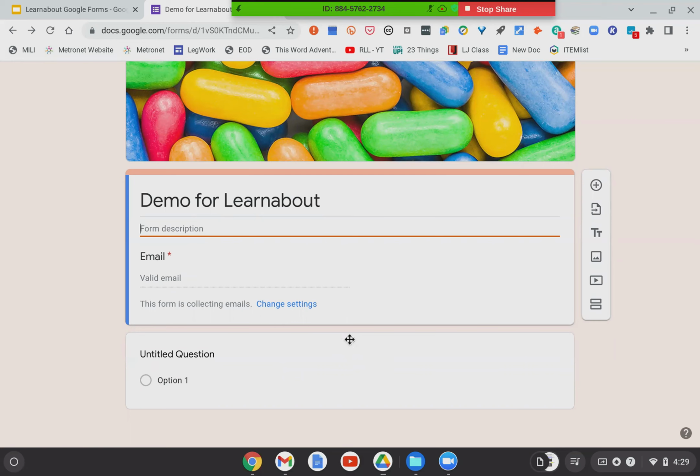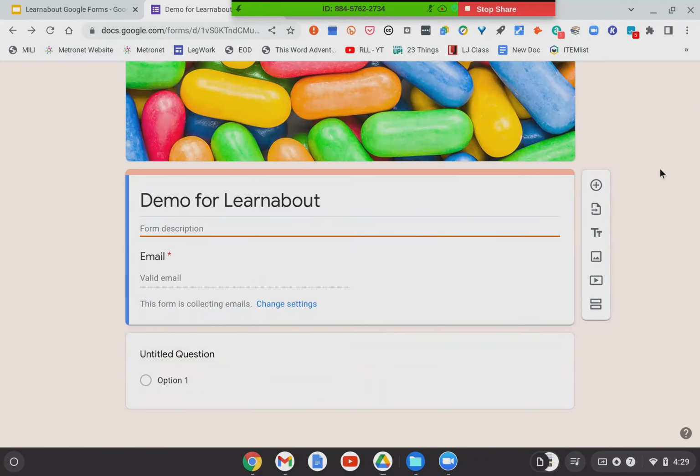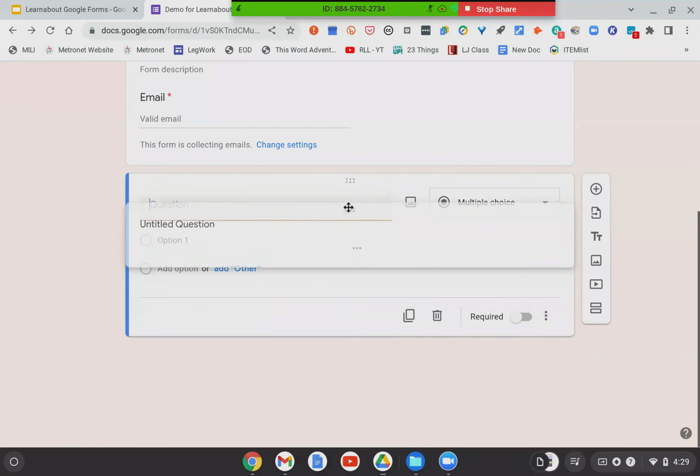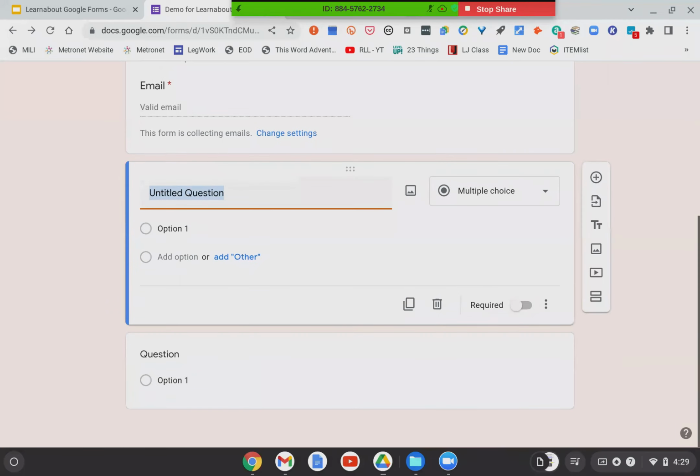Right here, there is this little six-dot thing. This is how you would move your questions around after the fact. If you're typing them in and realize that you put them in the wrong order, they make more sense in a different order, you can use this to drag them around. It doesn't do us a lot of good when I only have the one question in there. So I will go ahead and add. So now there are two. And you can see how easily I can drag them around to be in a different order if I want to.